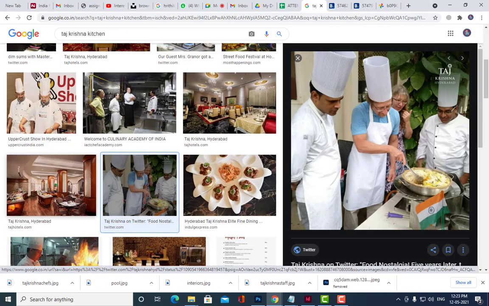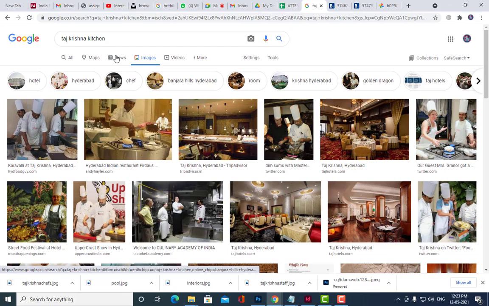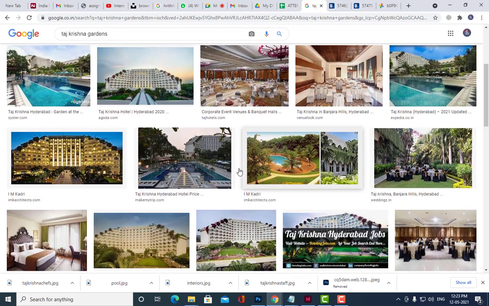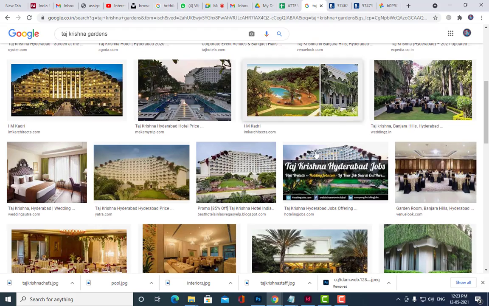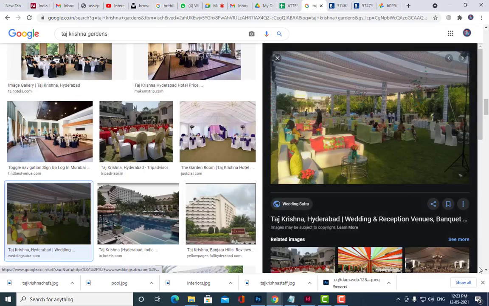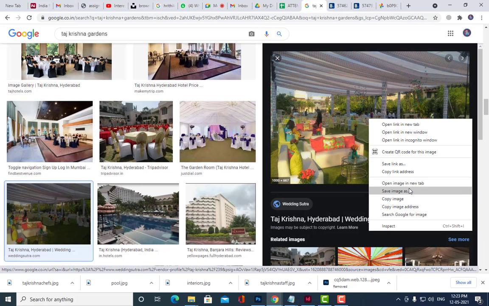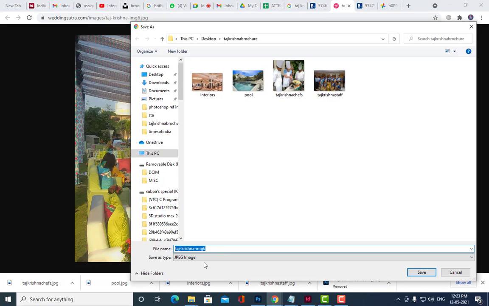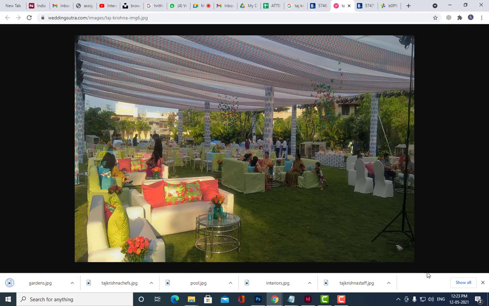Chefs, okay, and we'll just say garden. So we'll pick all the interior images. Okay, so now we got all the different types of images.